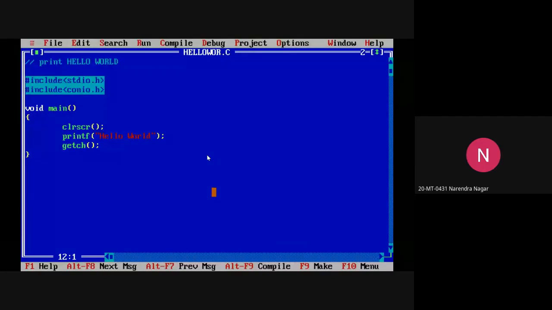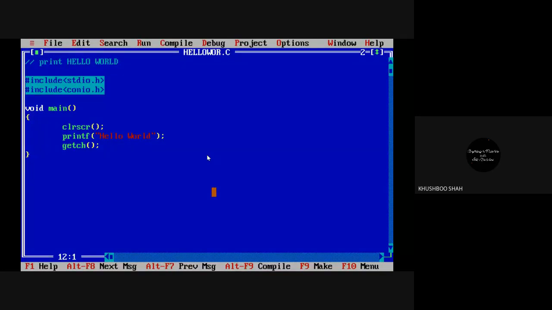I hope everyone got an idea of how to do it, what to do, how to write the code, what all these lines are. Definitely you will not understand at this stage, but still I hope that you have an idea that this is the blue screen, your Turbo compiler editor, where you will write the program.